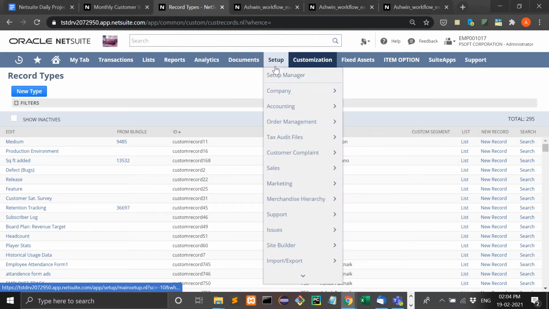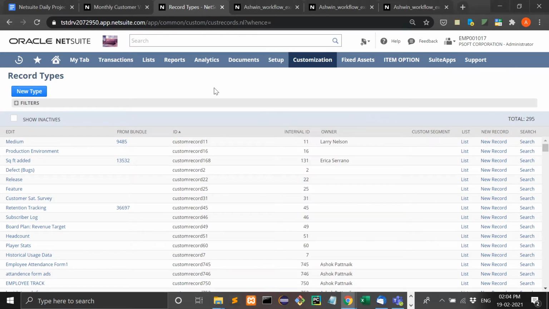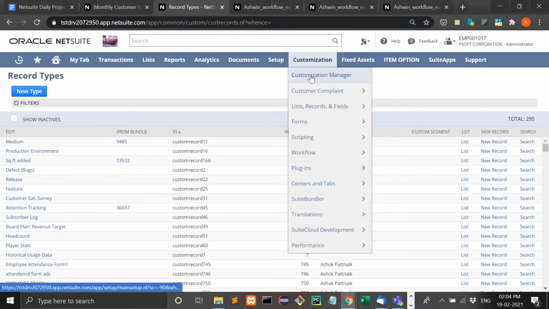But many times we feel the need to create our custom records, to perform some action on it. So for that, we need to create a custom record. Suppose we are having a Excel sheet of monthly customers and their purpose of visit. Let's take an example that we want to manage the record of how many customers comes per month and what is the purpose of their visit. So let's create a custom record for this.